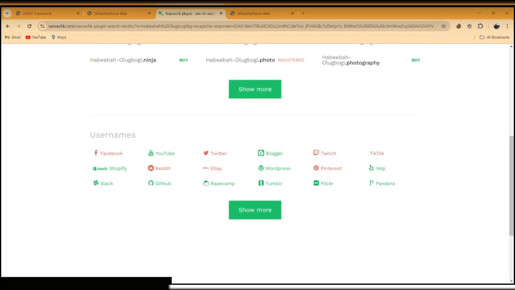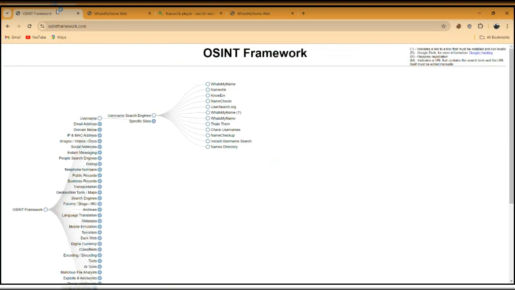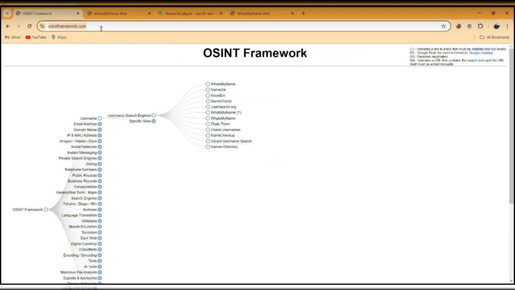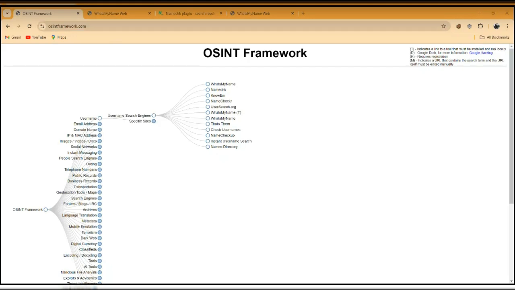So while that is on the way, we can just check out another tool in OSINT Framework. So you have OSINT Framework at your disposal. How do you locate it? I'm going to copy and paste the link for you in the ask your questions segment. You can just check it out there, then use it if you want to.